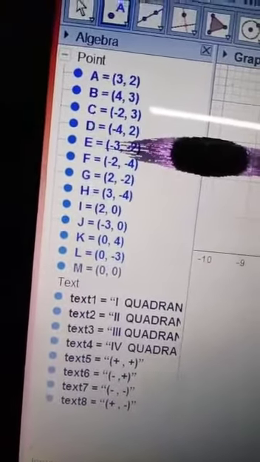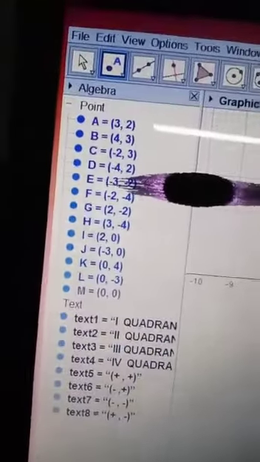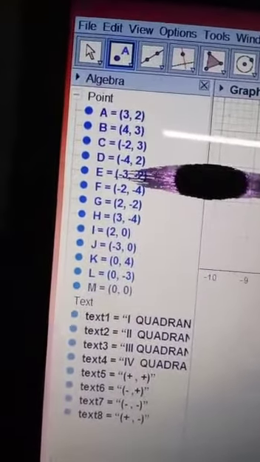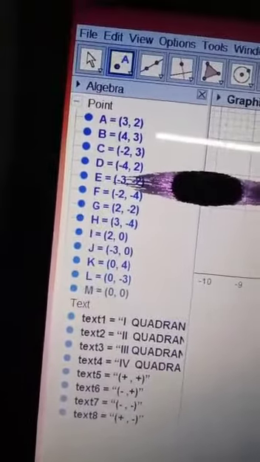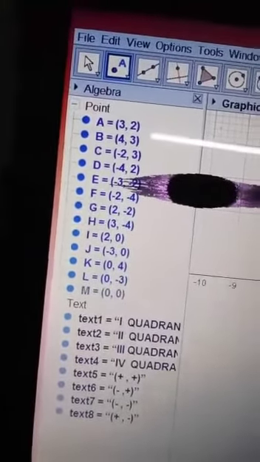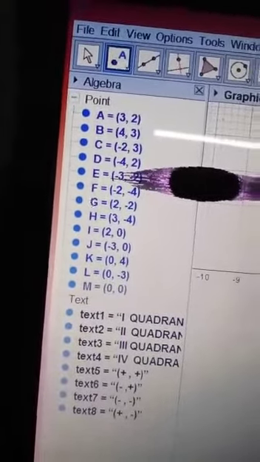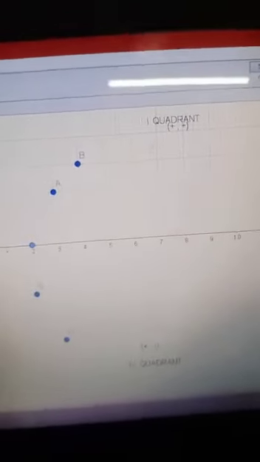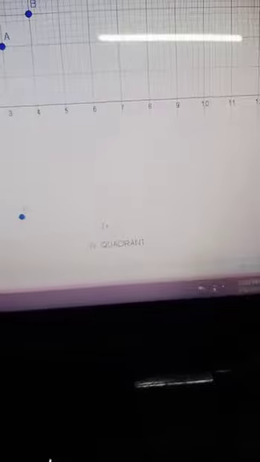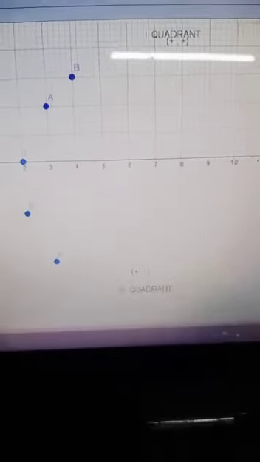Got it children? So आपने देखा, मैंने आपको इस सॉफ्टवेयर से, GeoGebra सॉफ्टवेयर से 2 कंसेप्ट्स क्लियर किए हैं: हाउ टू रीड और प्लॉट द पोजीशन ऑफ अ पॉइंट इन अ कार्टेशियन प्लेन. In how many parts do these axes divide our graph paper? Each part is known as a quadrant. There are 4 quadrants: quadrant 1, 2, 3 and 4, and the sign of coordinates in each quadrant.